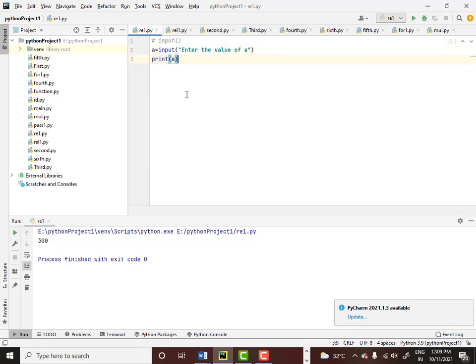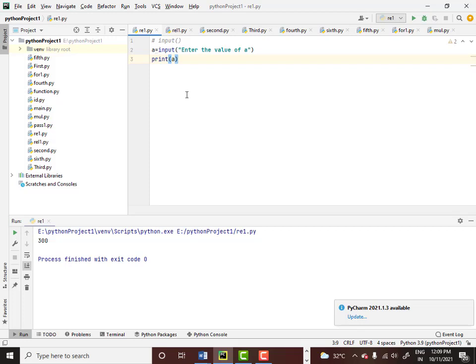Now when you observe this particular program, I am not assigning any value to a here. No value of a has been assigned inside the program, but rather I am trying to accept the value of a from the user. Then I am printing the value of a which has been accepted.